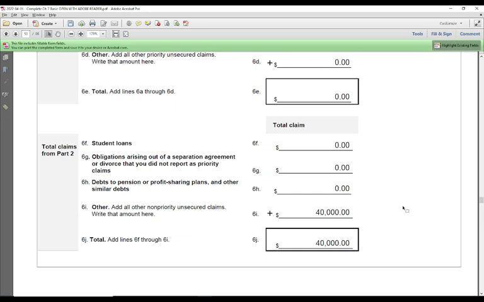One thing that I want to tell you is if you choose to do the free government forms, there's going to be something that you're going to have to include that's not a form, and you're never going to be able to find it because it doesn't exist. It's called a creditor matrix. And what the creditor matrix